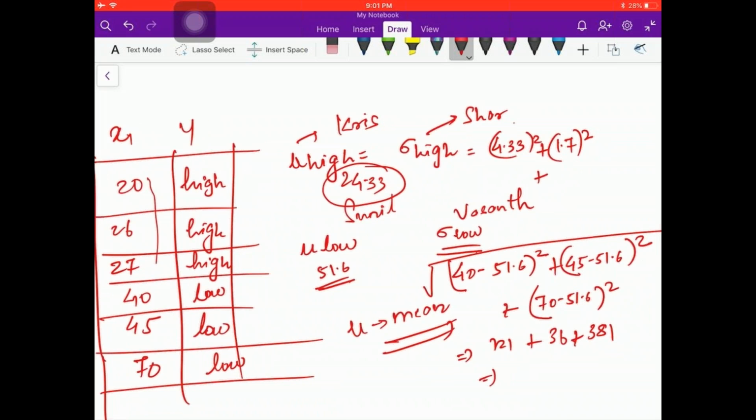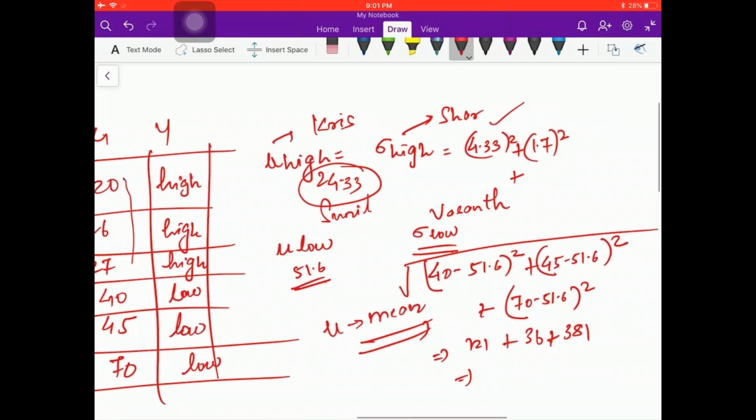See, if one value is greater than 4, it means the whole thing will be greater than 4 because we are adding positives, right? So that's why I told you that 3.7 could not be the answer.